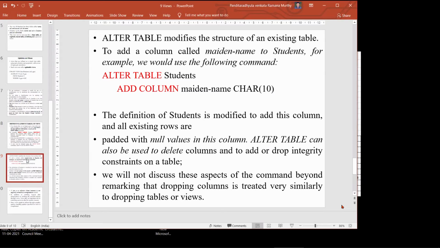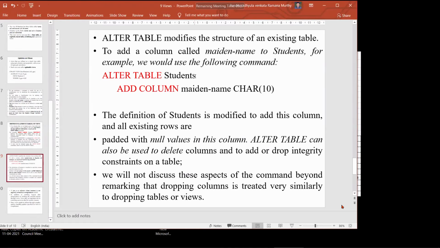Similarly, let me give you how to modify the structure. After some time, say for example, first we created only students with the name only. Later, I want to add their surname or maiden name also. Clear? Whenever you want to do that, we can do it without affecting the previous data on the table. Otherwise, we would need to delete the table and create it fresh with all the required values.